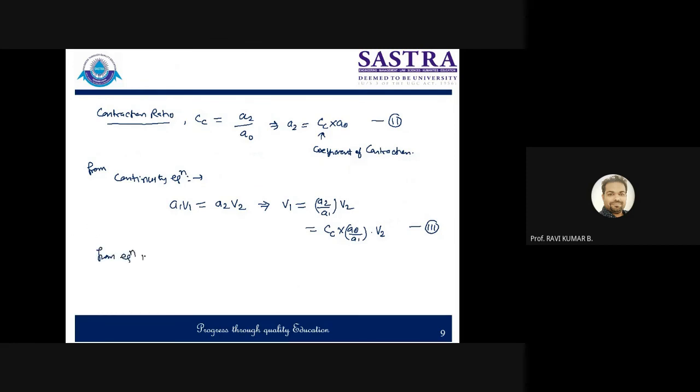From equation 1, we can say V2 is equal to under root 2gH, this will come as it is, plus V1 squared, substituting the value of this entire thing. So the moment you put it, you will write A naught by A1 whole square into Cc square into V2 square. You can leave this here, or do the arrangement, whole square on both sides, and we need to know the value of V2.